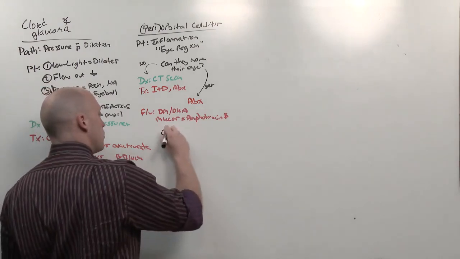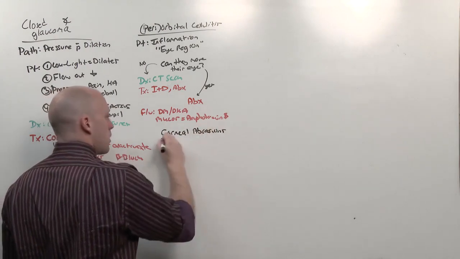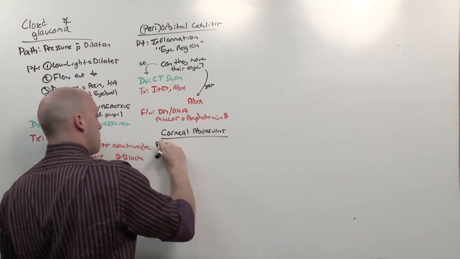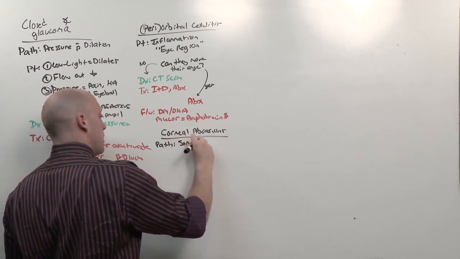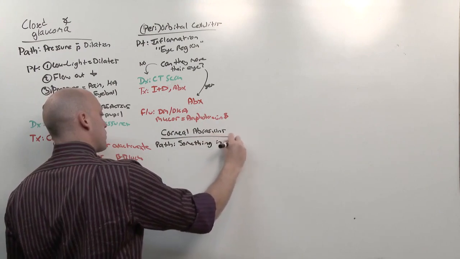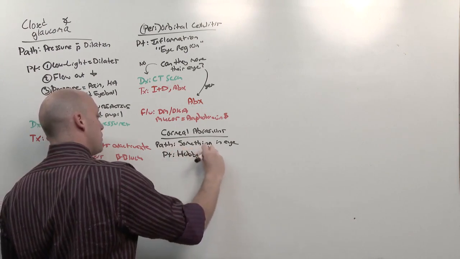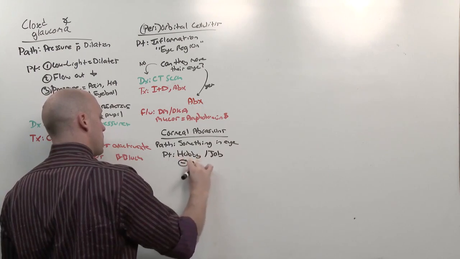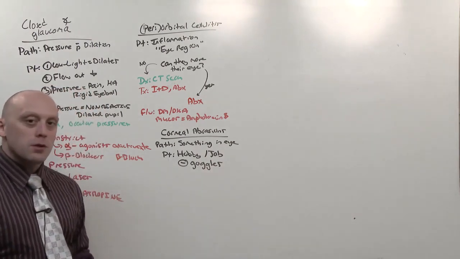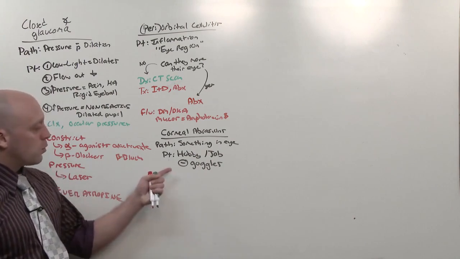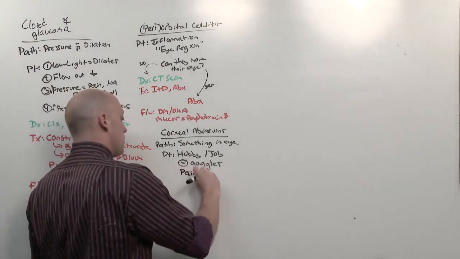Corneal abrasions, really easy to spot, especially on the test. It's going to be somebody who's doing something where they're supposed to wear goggles and they don't. Corneal abrasions are caused by something getting into the eye, and it scratches the cornea. So the person's going to be doing some sort of hobby or job where they should have goggles, but they're not. This is going to be things like chopping wood, working with metal, firing guns. They're supposed to be wearing goggles, but they don't wear the goggles, and all of a sudden their eye hurts, it's red,